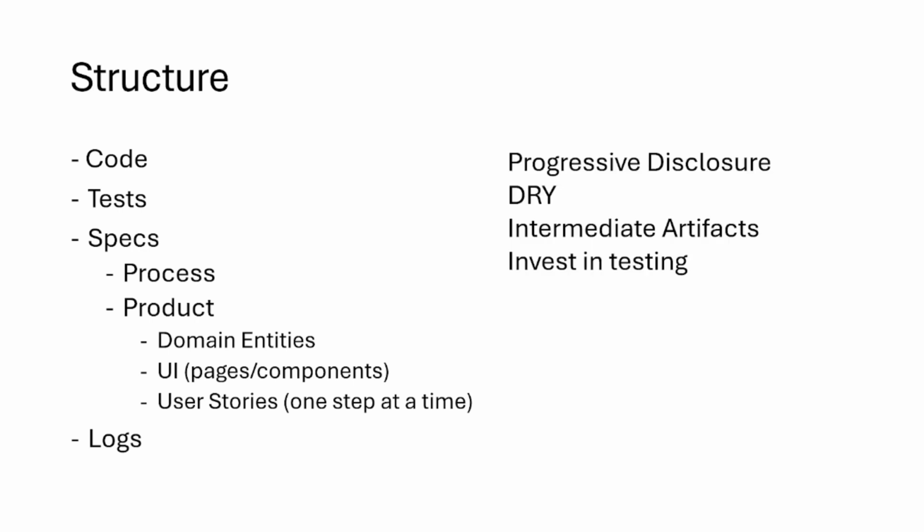I use progressive disclosure and don't repeat yourself to minimize what the bots need to read before they act. I also have a lot of intermediate artifacts, and I'll refer to that later, and I invest a lot in